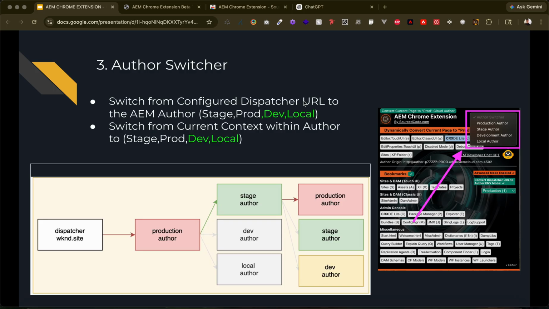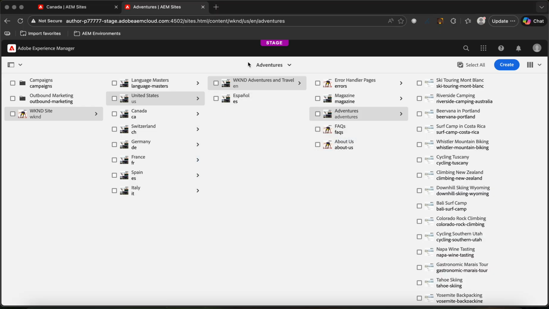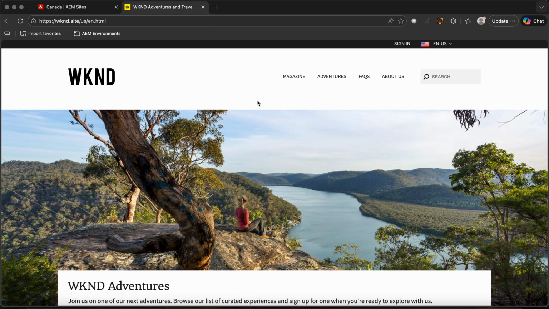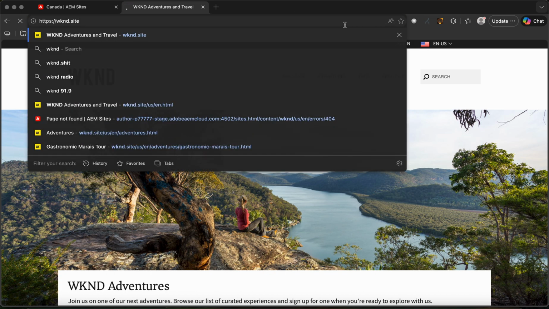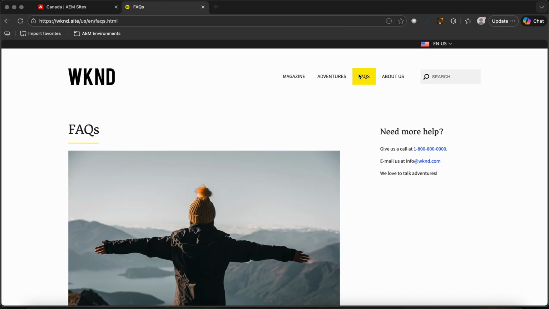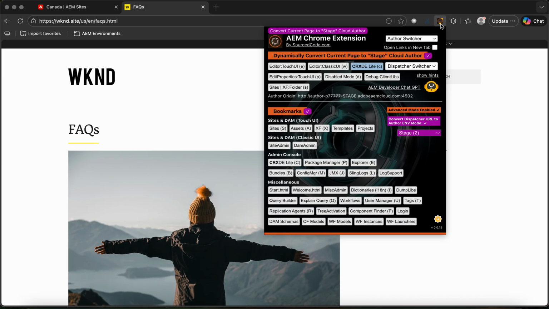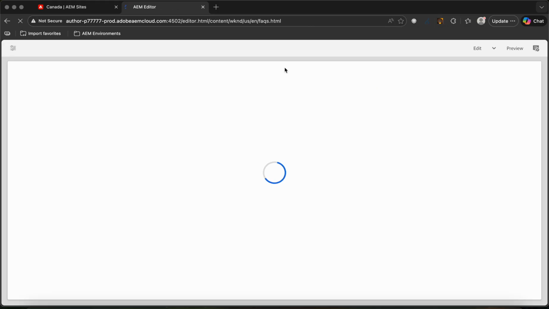So first of all, let's take a look at the context switching. So from here, let's go to the weekend site. So from the weekend site, I'll go to FAQs. So from this page, what I'm going to be doing is let's go into production editor. Okay, so I'll change this to production editor. I'll change the mode to production, and I'll click on E, and that'll actually take me